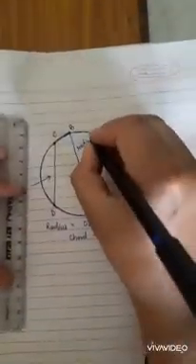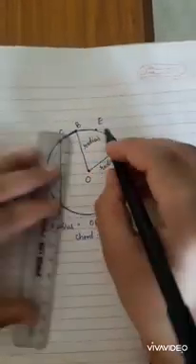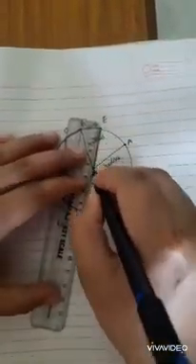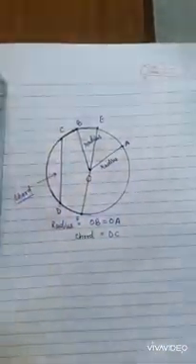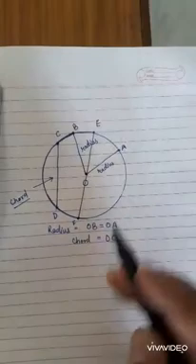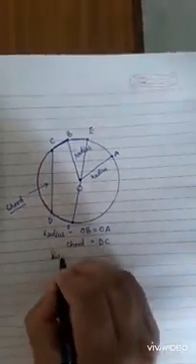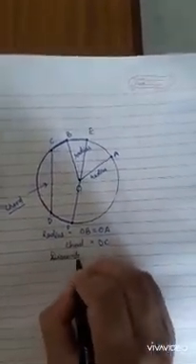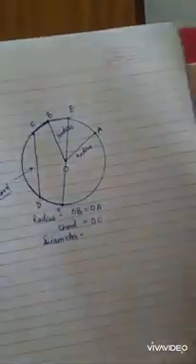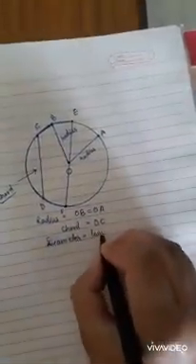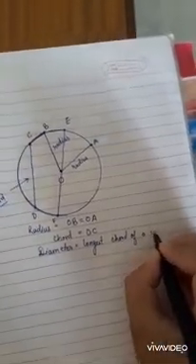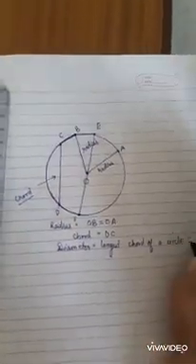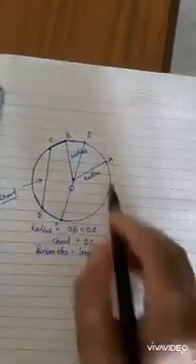Let us take a point E and we pass it through the center O, and at point F it meets. So EF is the diameter. So we can say that the diameter is the longest chord of the circle. The diameter is the longest chord of a circle, that is EF. EF passes through the center.